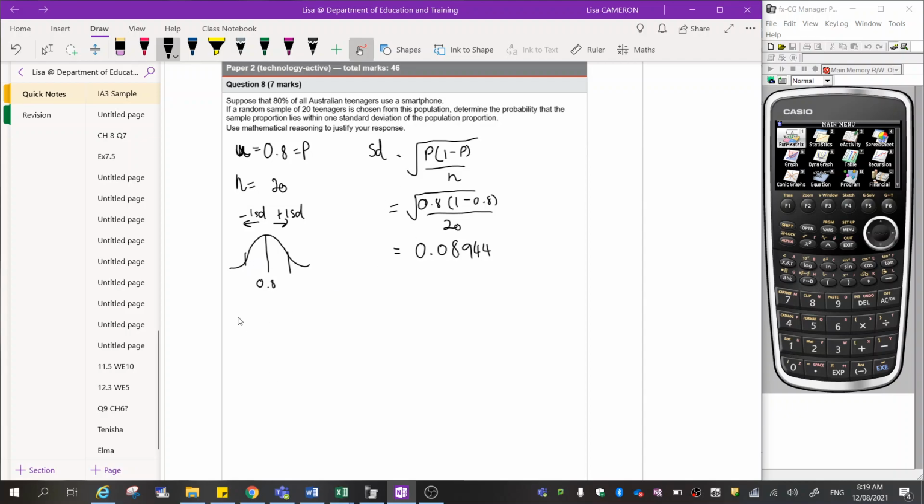So that's going to be, for this one here, 0.8 minus 0.08944, which gives me 0.71056. And on this one over here, we're going to do 0.8 plus 0.08944, which is going to give me